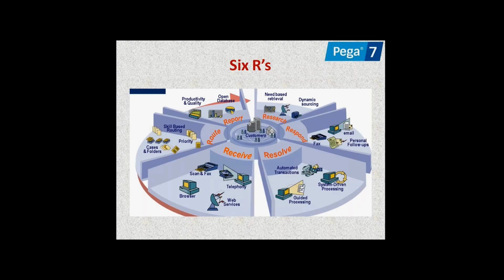Receive: normally they will receive the requirements. The business analyst will gather the requirements, all the non-technical information, and route it to the technical team. There the lead system architect will come, and based on skills he will divide the task into different parts, for the administrator team, database team, and production team. They will report what tasks are assigned to them and what things can be generated in the application.